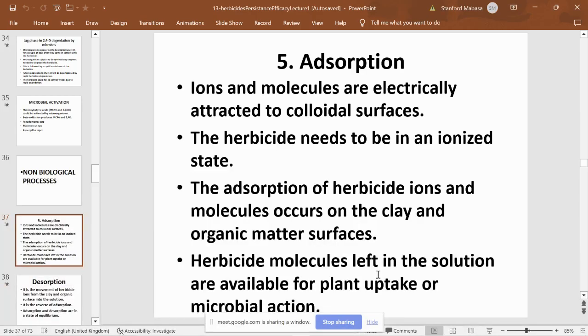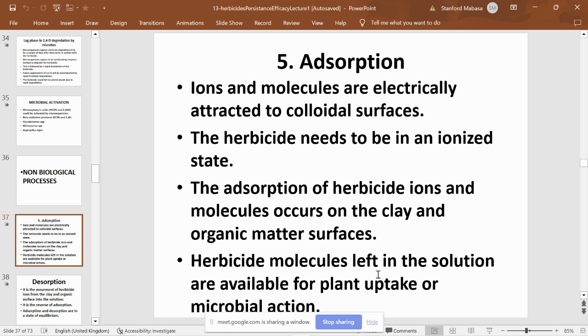So yesterday I was about to talk on the adsorption. Here we are talking about soil factors. Now, when we talk about the soil factors, the most important aspects are clay minerals and organic matter. The clay minerals and organic matter have got negatively charged surfaces,